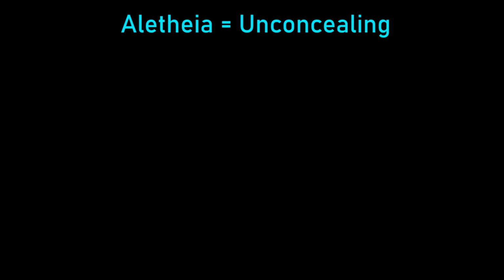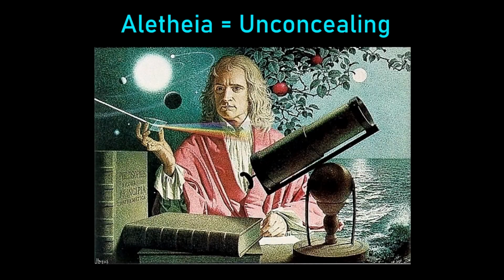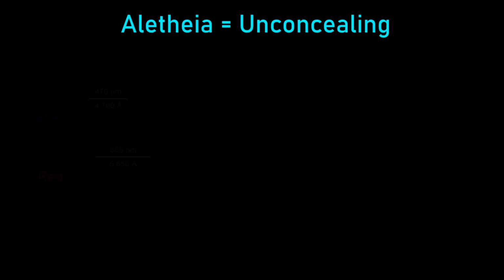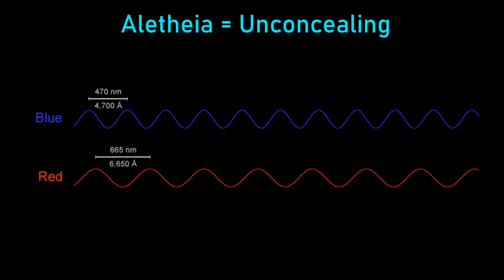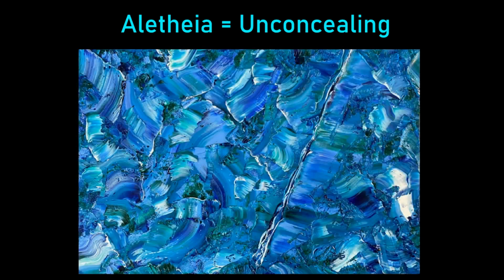Heidegger equated truth with aletheia, which means unconcealing, which fundamentally means that the world exists in a state of concealment, and we need to unconceal it for it to make sense to us. But any act of unconcealment necessarily conceals something else. We can unconceal something like the color blue by studying electromagnetic waves and discovering that blue light is a certain frequency. But this conceals the subjective experience of blue, which brings forth something else, i.e.